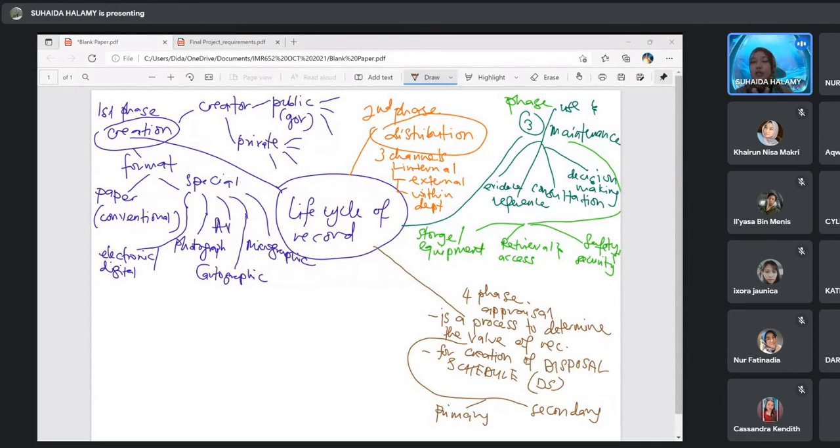And then like I told you before, secondary value ni dia banyak. There are so many values out there under secondary. But for the study ni untuk kita belajar only 4. Okay, 4 that you have to know. Apa dia? Tahu tak?